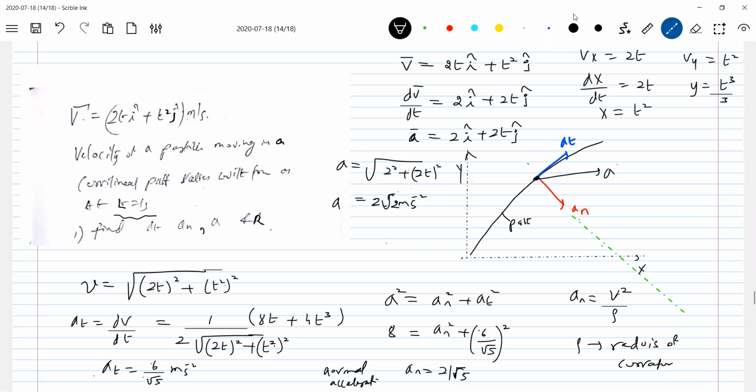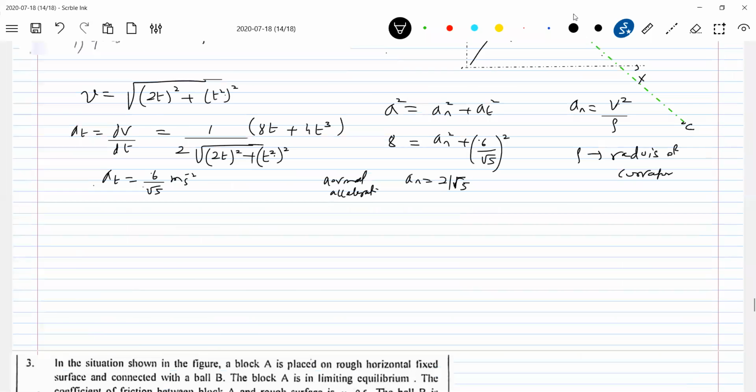This will be the center of curvature. So let me take this as a point P. This is the center of curvature. So what is this PC? Rho. At that instant, that C is the center of curvature. This is the basic idea of this problem. Are all of you able to understand? So these are some generalized ways of asking questions. Now, let me introduce the core idea.